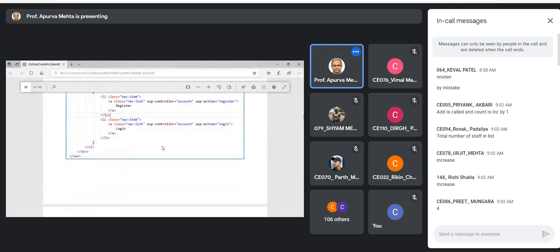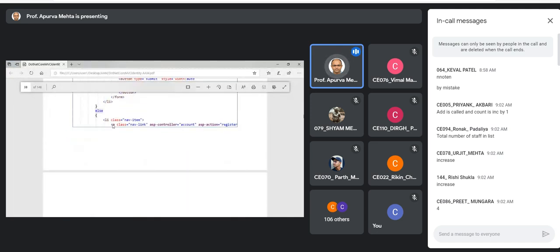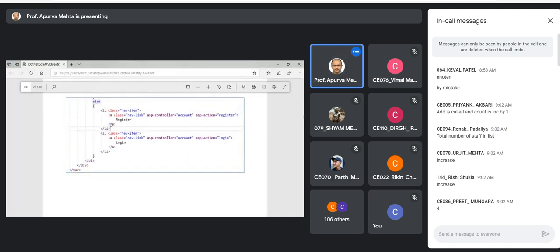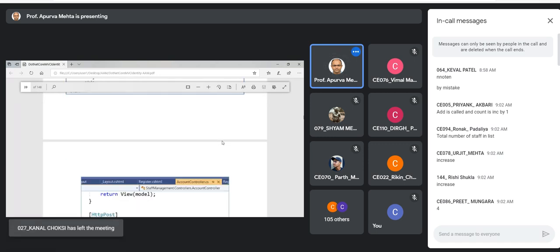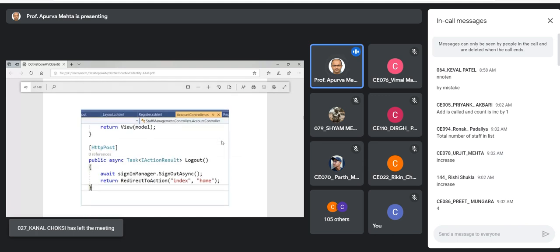And then in the else part, if the user is not signed in, then we'll display the links of registration and login. That will redirect the user to account register or account login, and that request will be GET. Right. So now we need to create the logout method first. In the account controller, the logout method for HTTP post. We don't need a method for HTTP GET because we don't have a form.